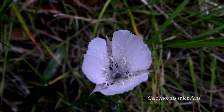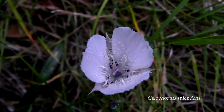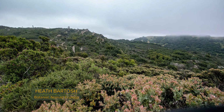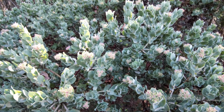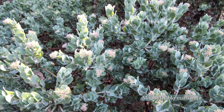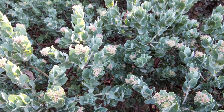If you're late in the season, like May or June, you see some nice Calochortus splendens on the way to the chaparral, which is really the star of the show. Of course, you're going to have Mount Diablo fairy lanterns out there, but you're going to have a lot of Mount Diablo manzanita, which is an endemic to Contra Costa County. It only grows at Mount Diablo and over at Black Diamond Mines, and it's really a striking manzanita because it's